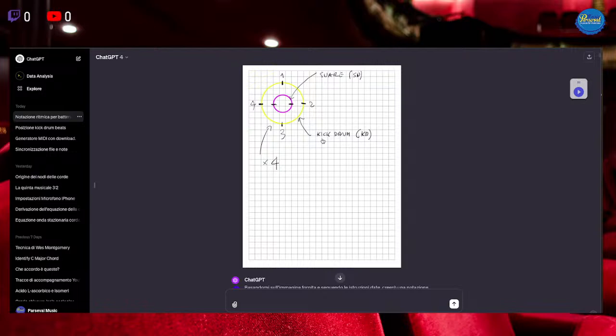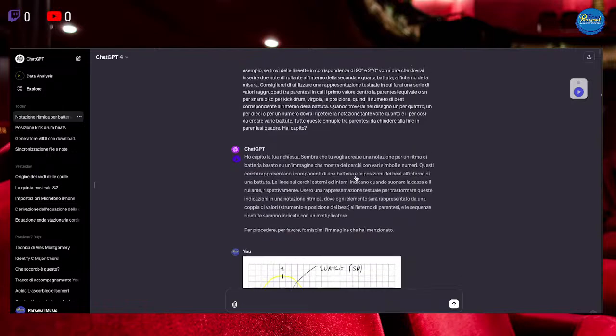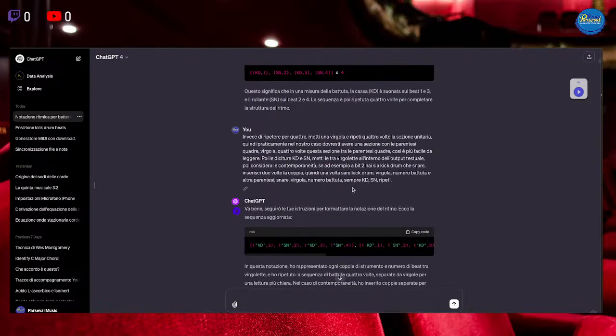But it had so many problems in identifying, based on the angle, the correct presence of the stroke corresponding to a certain beat. So this is not trivial for it.